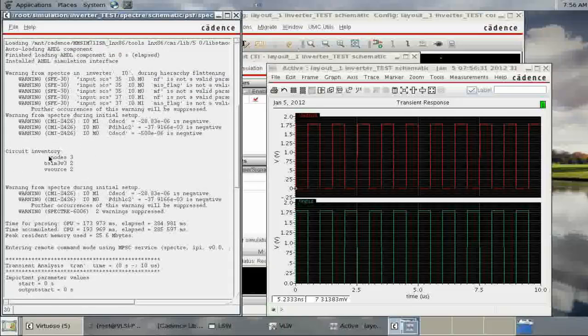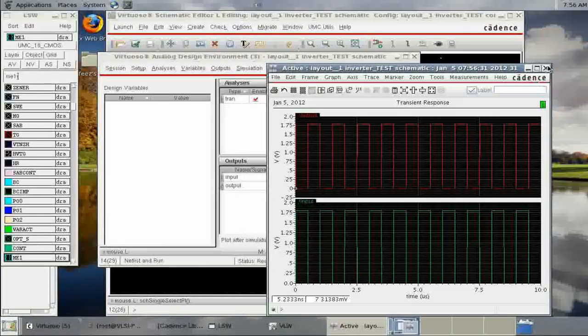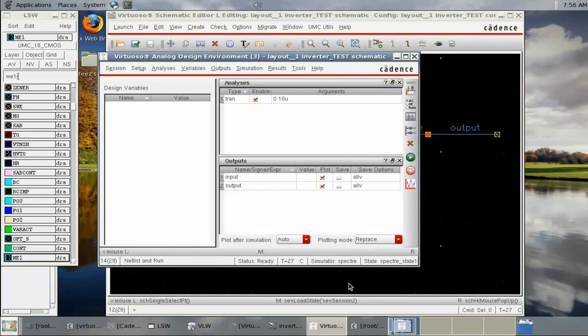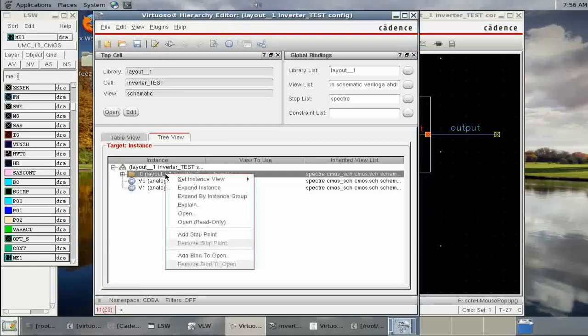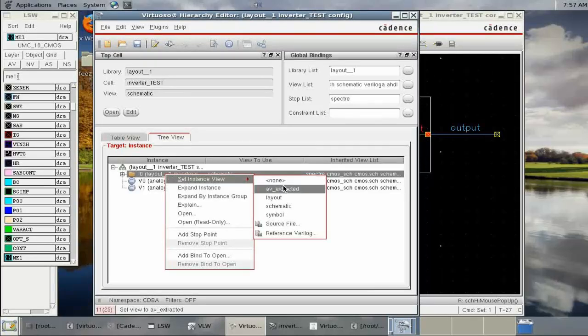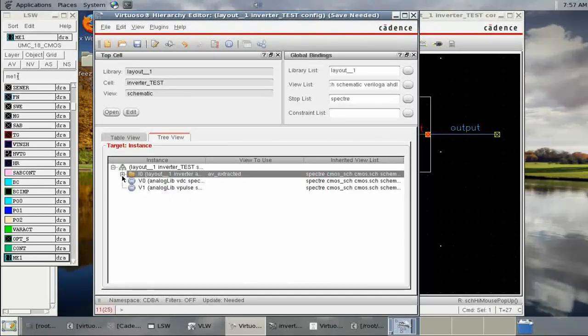But here you notice we have only 3 nodes, 2 MOSFETs and 2 voltage sources. Now you close this, go to the configuration, set the instance view to AV extracted,